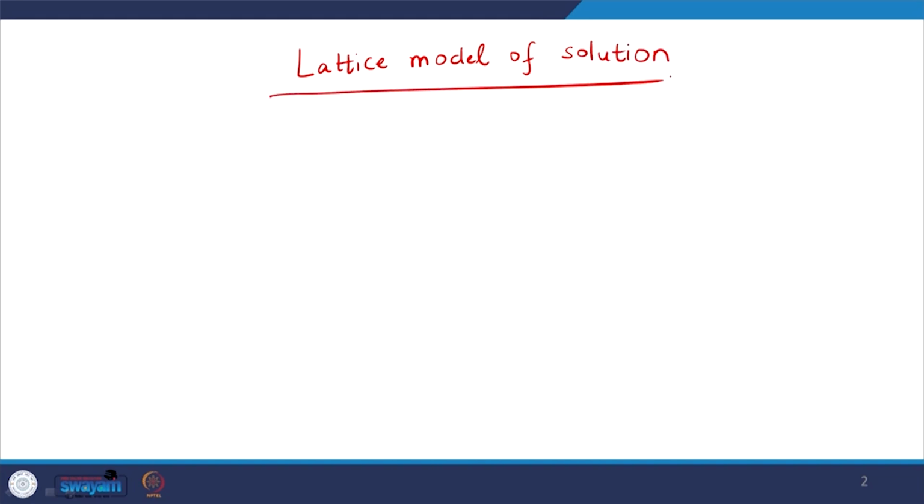So what we will discuss is known as the lattice model of solution, where my solute and solvent will occupy positions on a lattice, right? So before I even get there, let us first try to see why exactly we have to make a model, where we started with saying that